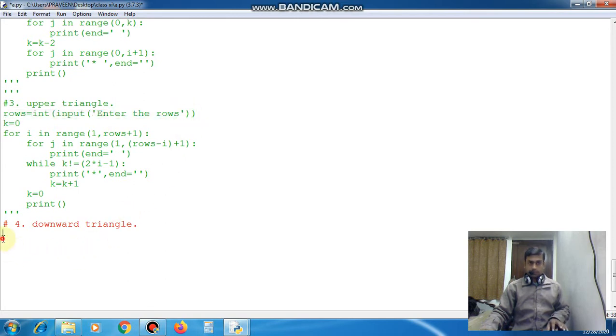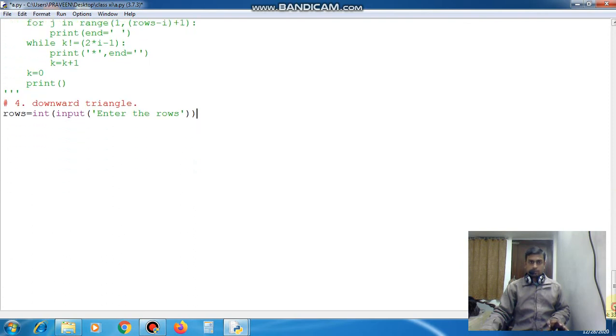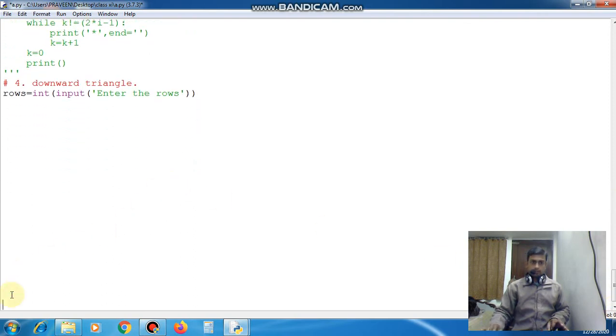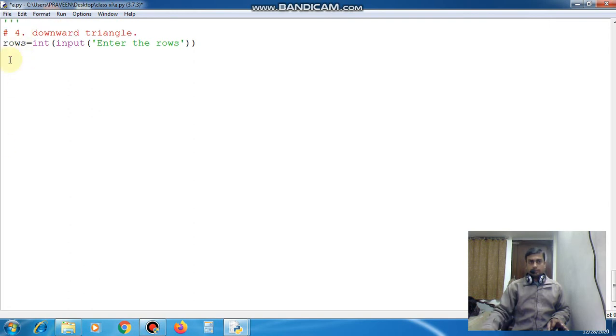Control C I'm copying, and Control V I'm pasting here. Now again one variable k is equal to 2 I am initializing, and m is equal to 1 I am initializing. Then for i in range, I am running this from 1 to rows. I have taken rows, and then